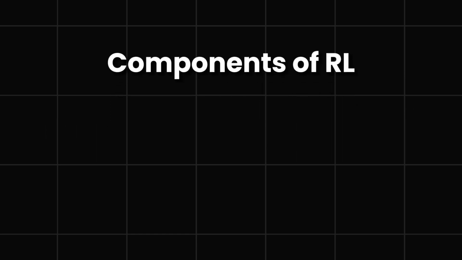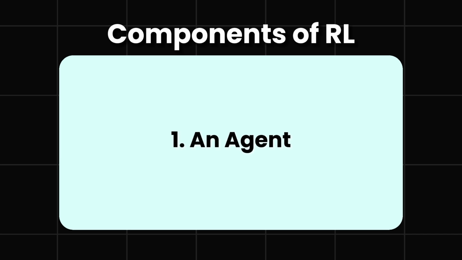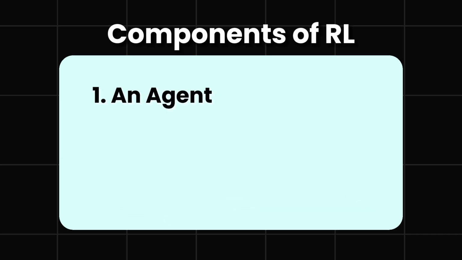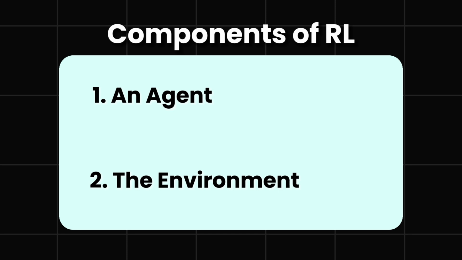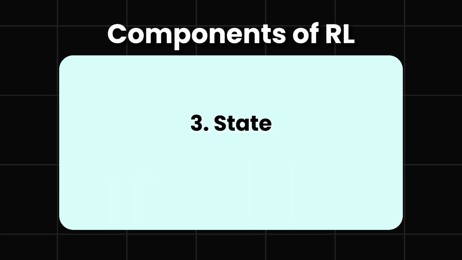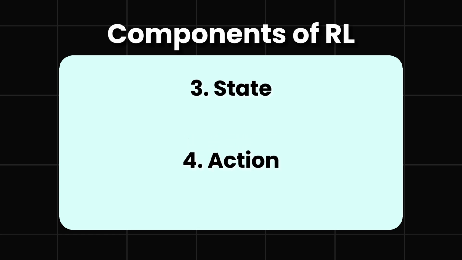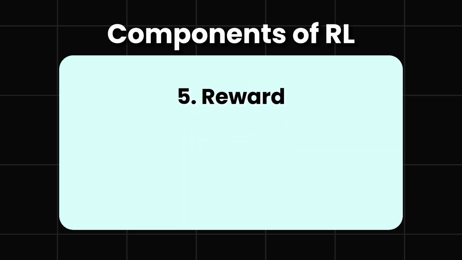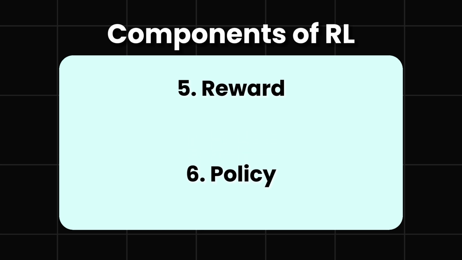The key components of reinforcement learning include an agent, who is the learner or decision maker; the environment, which is the world through which the agent moves, including everything that the agent interacts with; state, a representation of the current situation of the environment; action, a set of possible moves the agent can make; reward, which is the feedback from the environment in response to the agent's actions, which the agent aims to maximize over time; the policy, which is a strategy that the agent employs to determine the next action based on the current state;